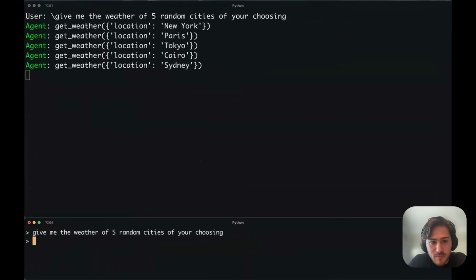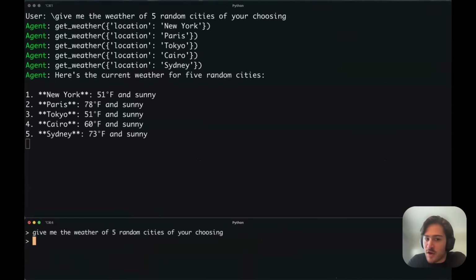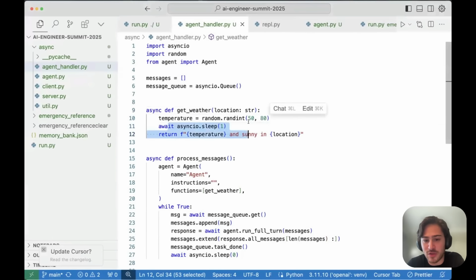Okay, so it called all of them and it got back because they all happened in parallel. This is the magic of async IO, right? Anything that can be parallelized, or scheduled in a way where it's non-blocking, like sleeps. These sleeps are non-blocking. And so you can imagine switching this sleep for an actual API call.